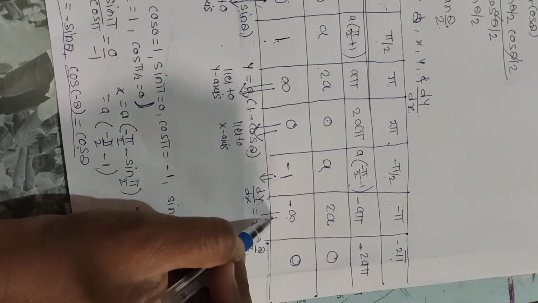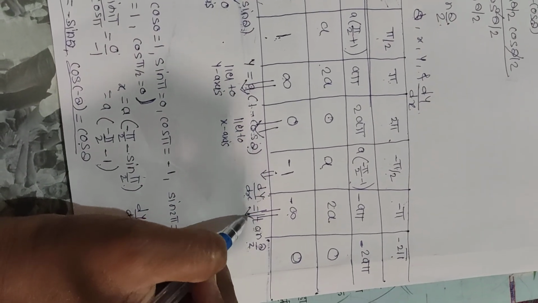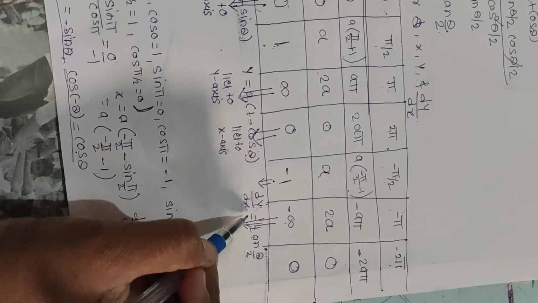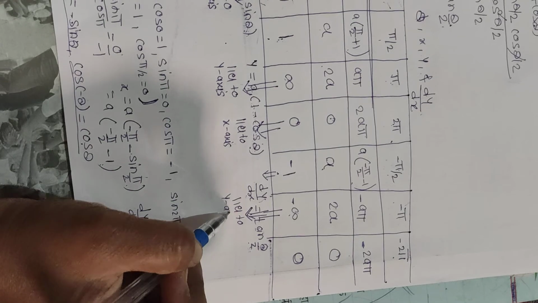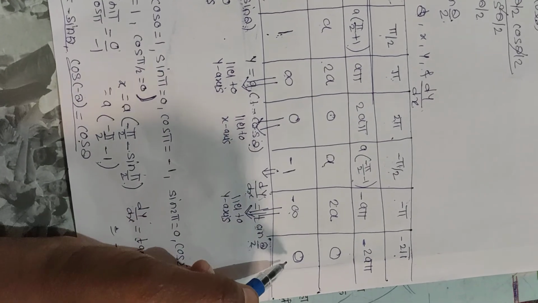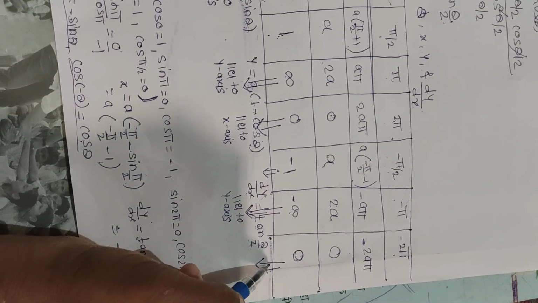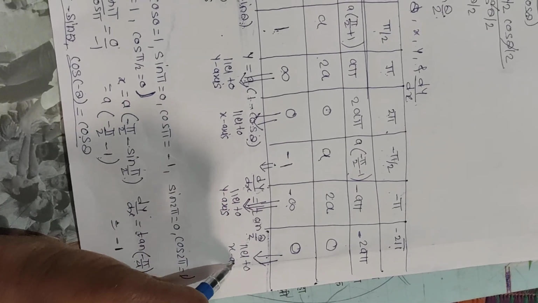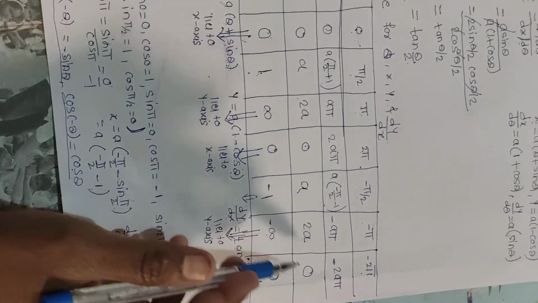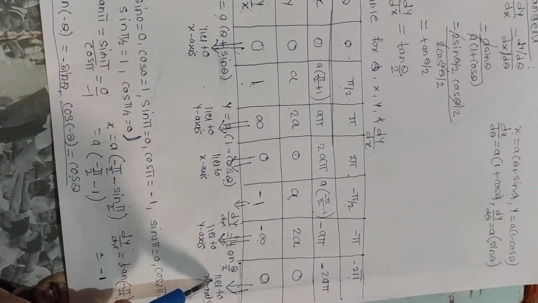Again we get minus infinity here. So what about minus infinity? Again the tangent is parallel to the y axis or is the y axis itself. Here again we get 0, so the tangent is parallel to the x axis. In that way we have to prepare the table and write down all these conclusions.